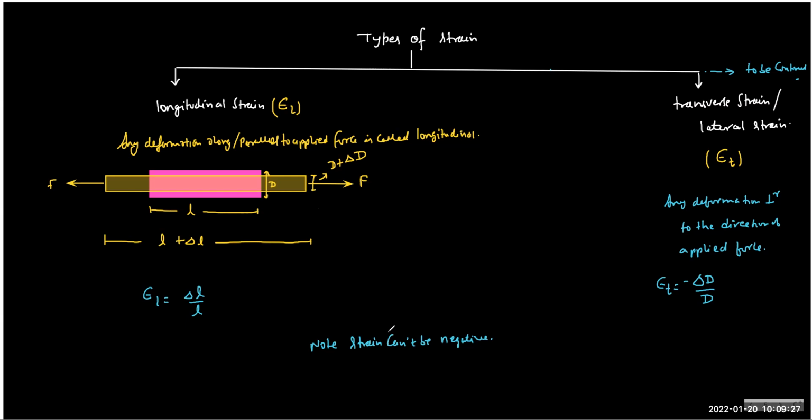where the length is not defined, the width is not defined, the radius is not defined? It is neither a sphere, it's just a random shape object. So you go to some beach and you just pick some stone of any random shape. Then we cannot define the longitudinal or transverse in such a case. So for a three-dimensional irregular object, the only way to define is something called volumetric strain,